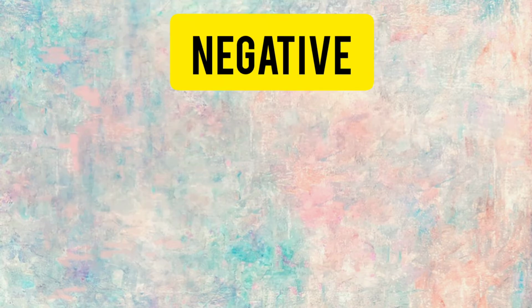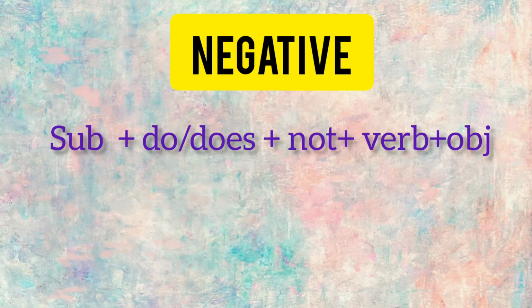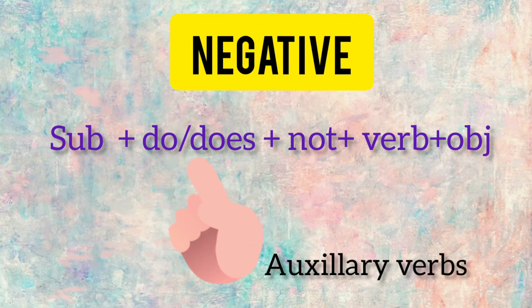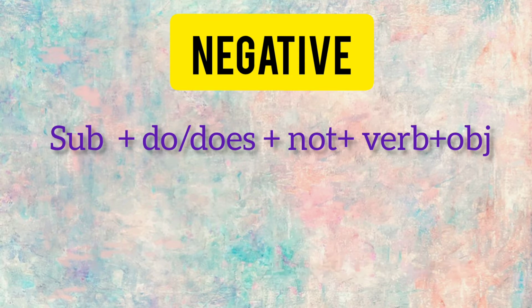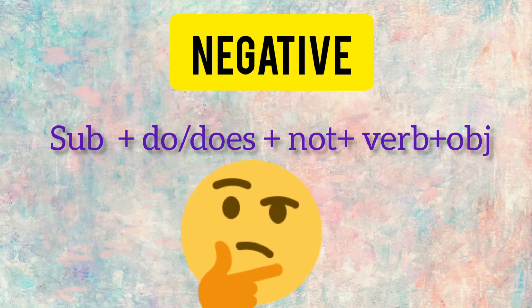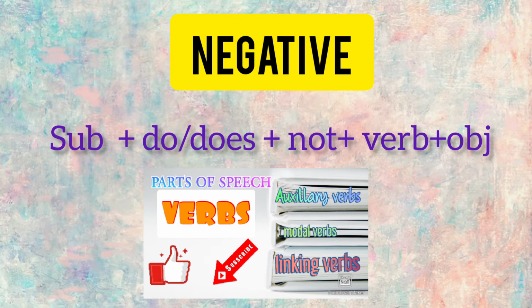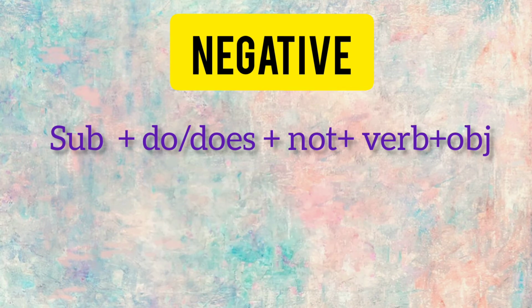Now let's move to the negative structure. Negative structure: subject plus do or does plus not. What is this? Do, does क्या है यहाँ पे? These are the auxiliary verb or helping verb. Do you know what auxiliary and helping verb means? If you don't know, then go and watch my video on auxiliary and helping verbs, which I have uploaded earlier. Do and does not we use before the verb. Auxiliary verbs are always used before the verb. Verb से पहले use किए जाते हैं because they help the sentence to complete. Do not or does not plus verb plus object.